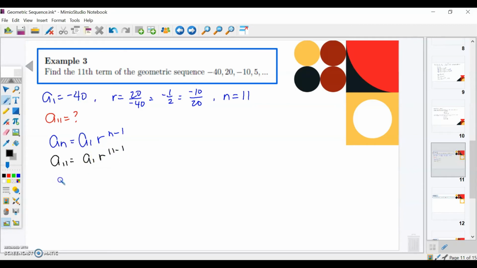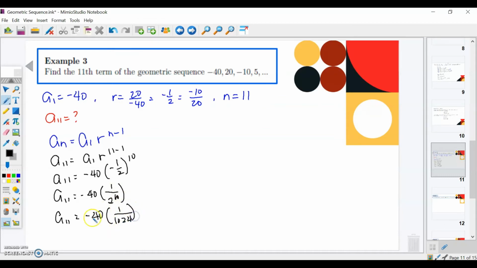But we have a value for a sub 1, so we replace a sub 1 by negative 40. We also have a value for r, and that is negative 1 half. We raise this to 11 minus 1, which is 10. So a sub 11 is equal to negative 40 multiplied by negative 1 half raised to 10. This is equal to 1 over 2 raised to 10. So a sub 11 now is equal to negative 40 multiplied by 1 over 2 raised to 10, which is equal to 1 over